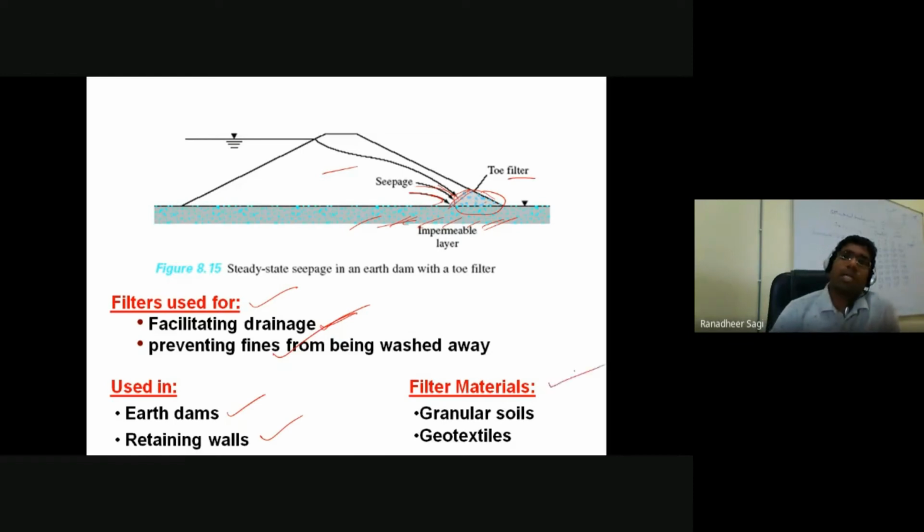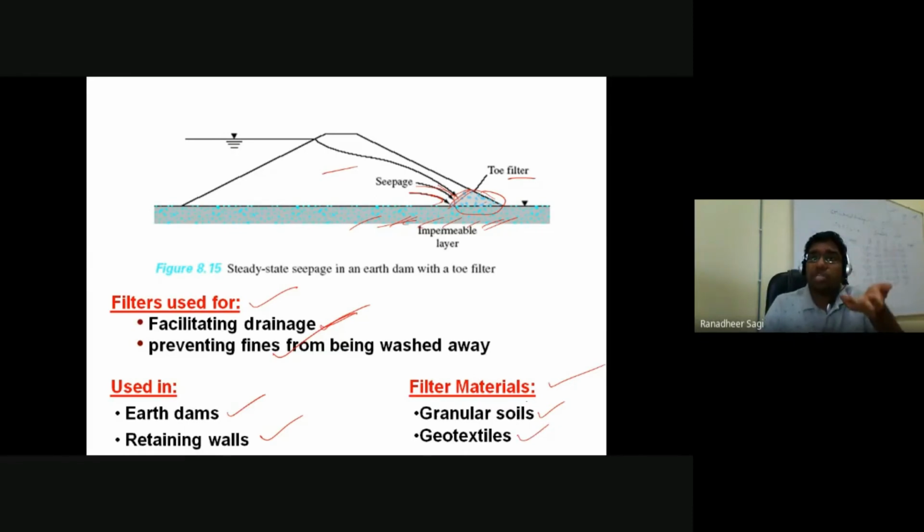Now, what are the materials by which these filter mediums are prepared? They are made mostly of granular soil materials, that is, gravel particles of relatively larger particle sizes. So those materials are going to be placed, and